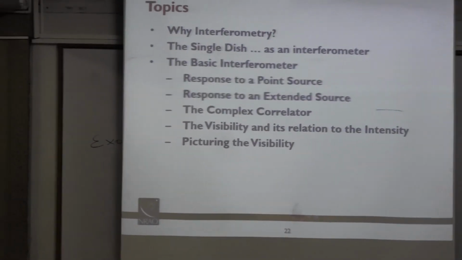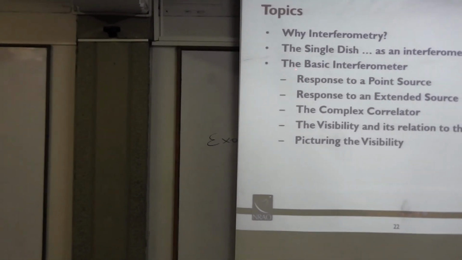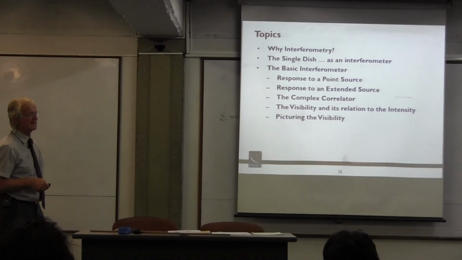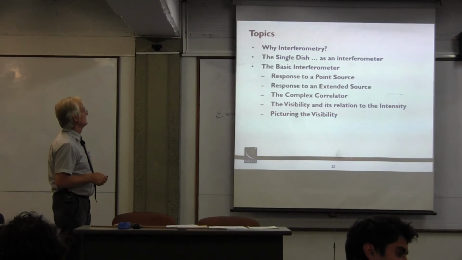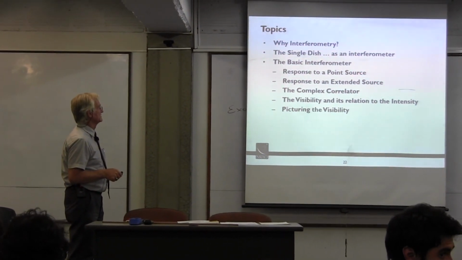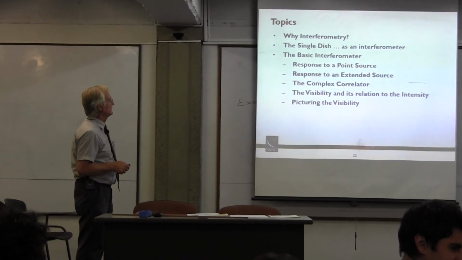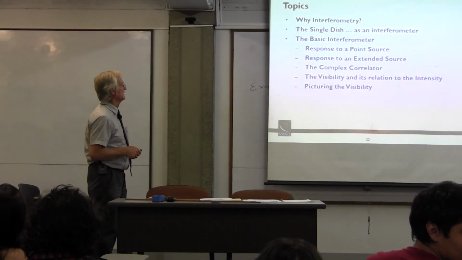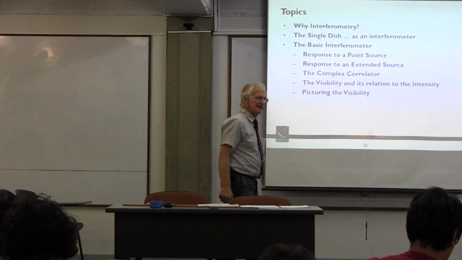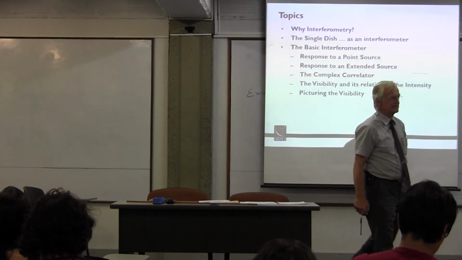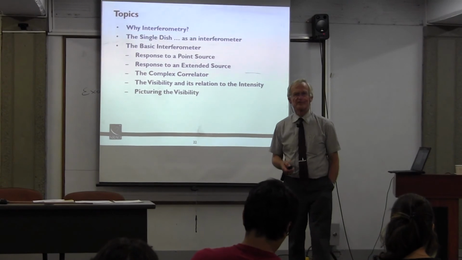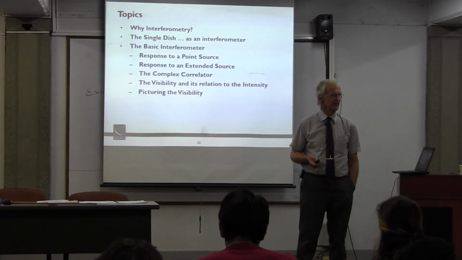And we will of course go back to looking at the single dish as something like a Fourier transformer, and then we will see how our basic interferometer looks at point sources. That's already quite some story, and how it can also look at extended sources, and how you then need a complex correlator, and that thing that measures visibility. So the name that we attach to this Fourier component is a visibility, and I hope I can convince you why we call that visibility, so that it becomes a natural number.